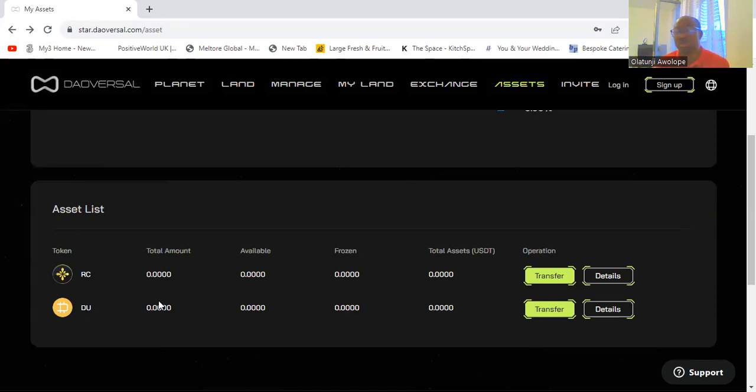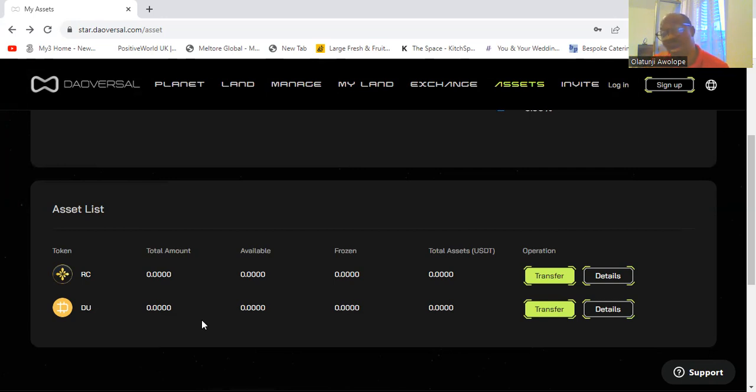Okay, so that you're going to have it as DU or ROC, depending on the package that your fresh downline member buys. Maybe they buy land or they buy planet. Okay, you're going to get a reward, a one-off incentive straight away, and then subsequently you get that one. So right now, those are the members that can actually carry out an exchange, not to talk of withdrawing that particular amount